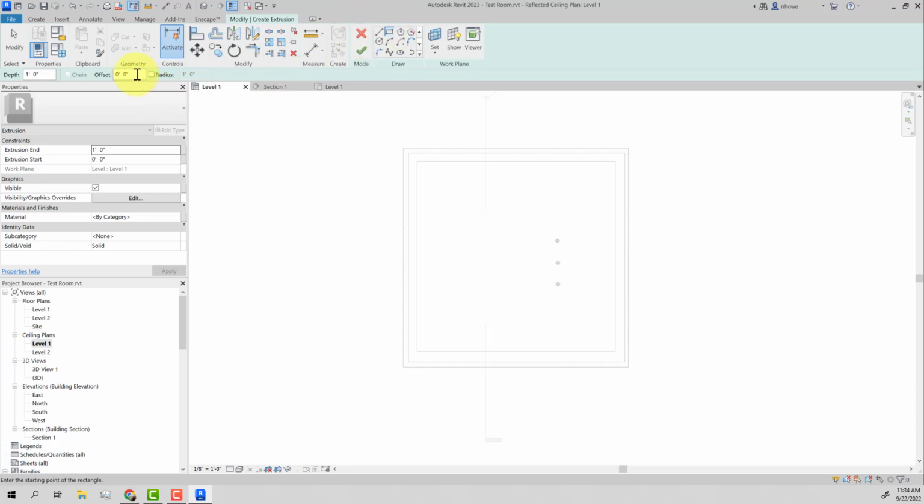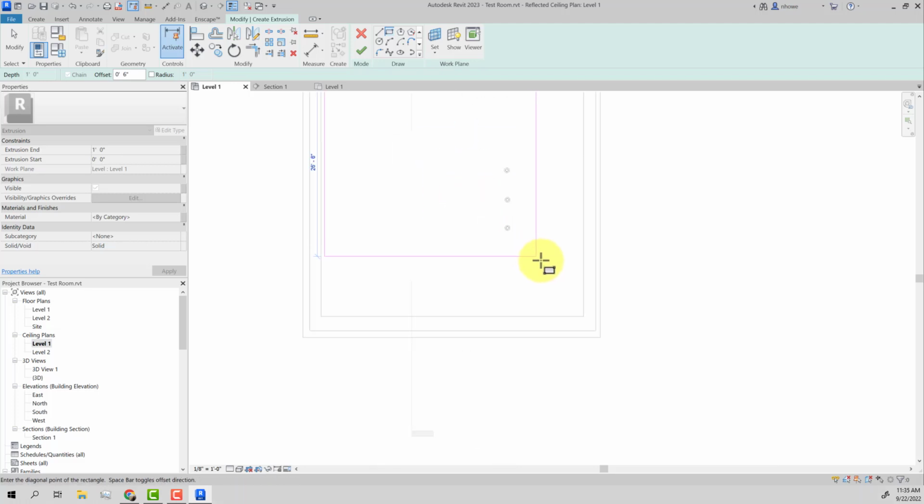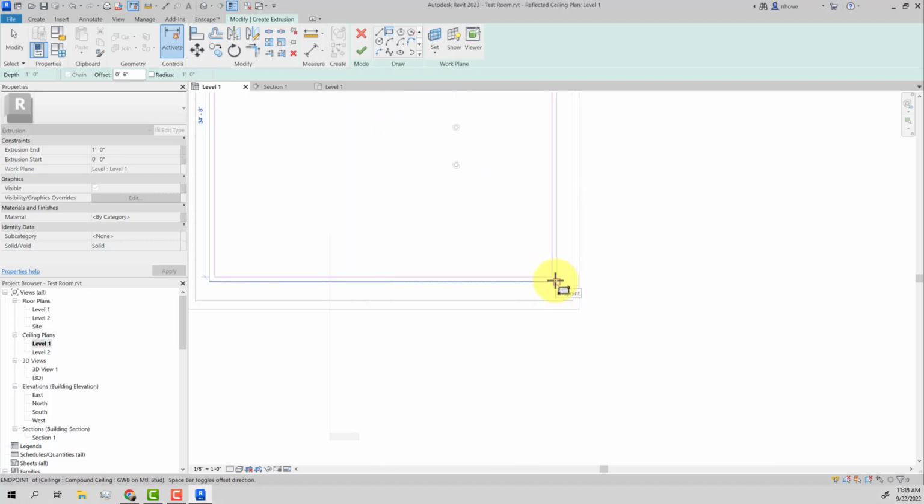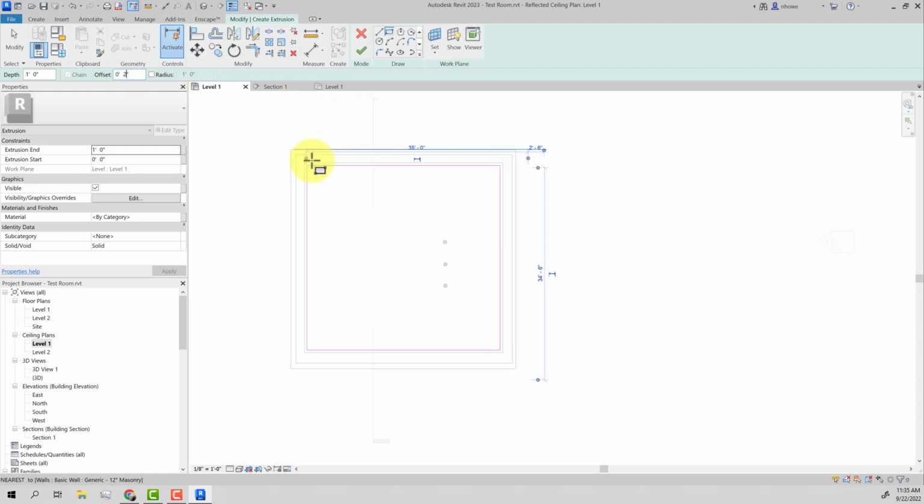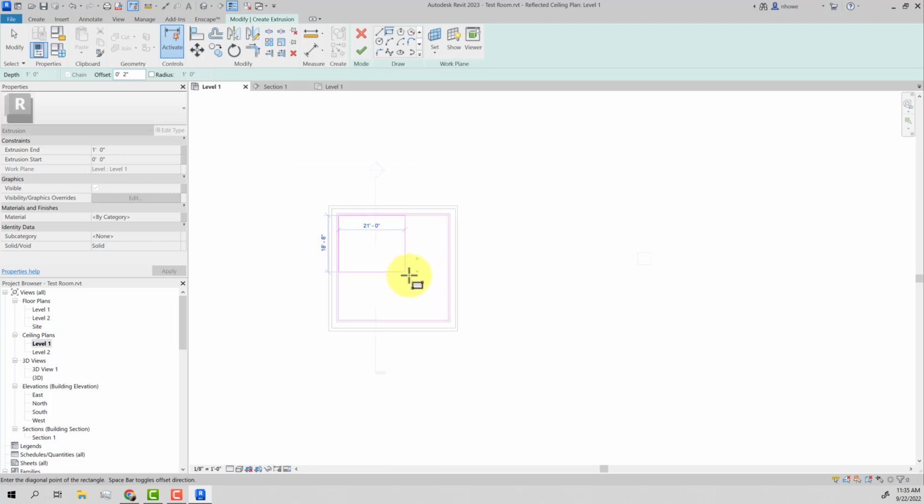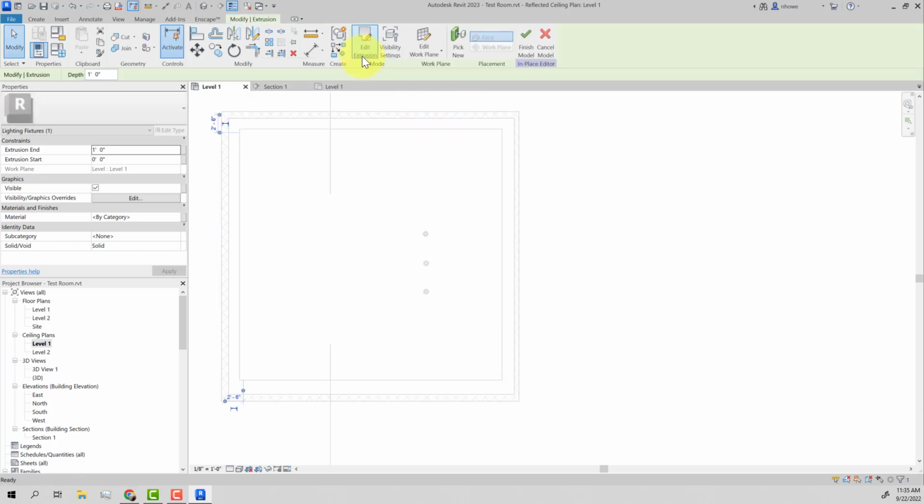I'm going to offset 6 inches from there. If you can see that it's offsetting, it's going outside of the rectangle. If you hit the space bar, it'll go on the inside, which is what I want. And then I'm going to do another offset of, say, 2 inches from that one. Okay, and when you do 2 closed polylines on an extrusion,